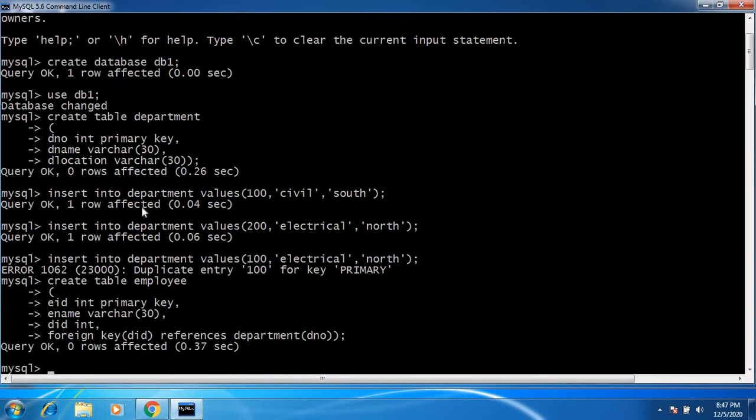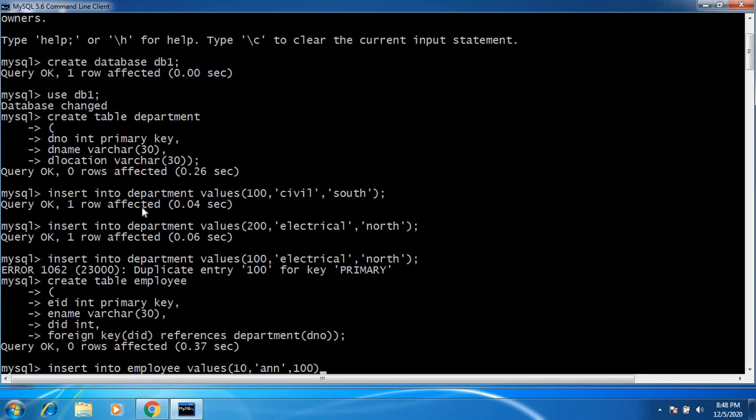Now I try to insert some values here. Insert into employee values. The first one is the employee ID, the employee name and the department ID.